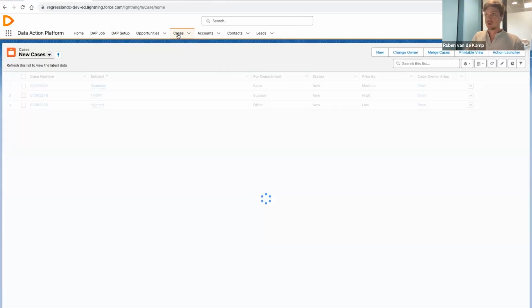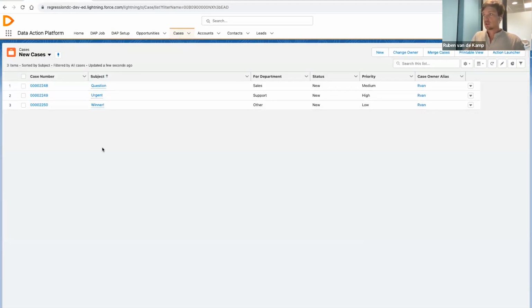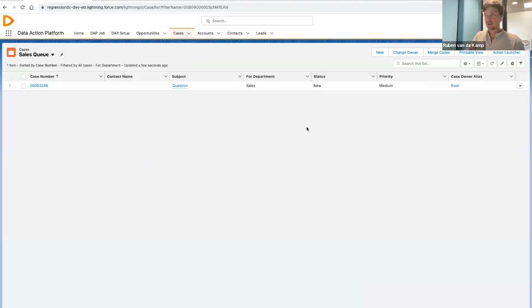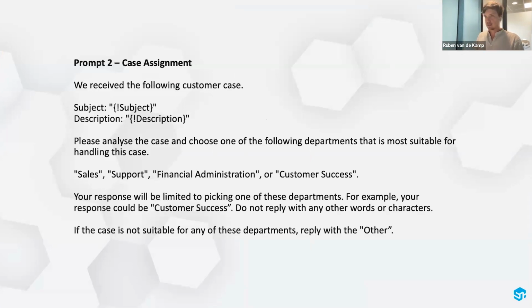Because if we now go into the cases list view, you can see that we got one from sales, one for support, and one for other. Then if we go into the individual queues, for example sales, you can see that because we know what department this goes to, we can make segmentations based on it. So it's really nice. So looking at the prompt that we then use,